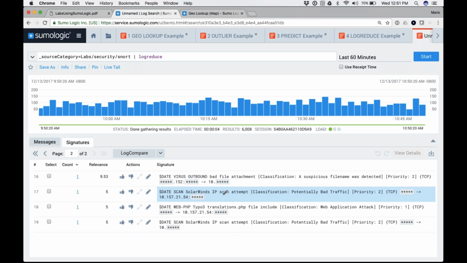So look at this one. Oh, this one is a suspicious file name was detected. So I hadn't seen this attack before. Maybe this is something that I want to investigate and look into a little bit further, because this is something I hadn't seen or I wasn't seeing before. So how would you investigate further? Fortunately for you, there's a little